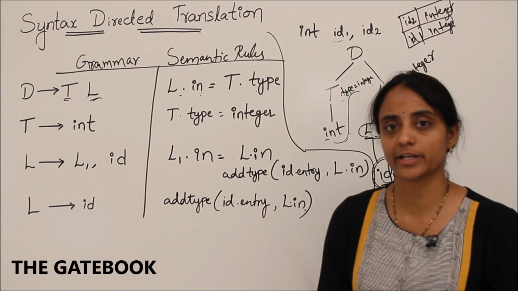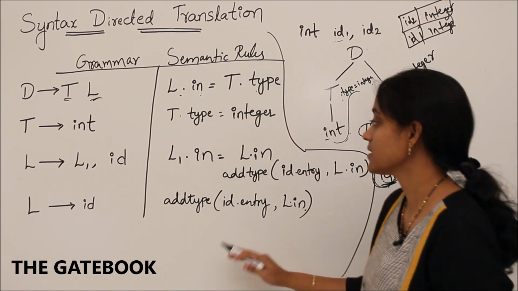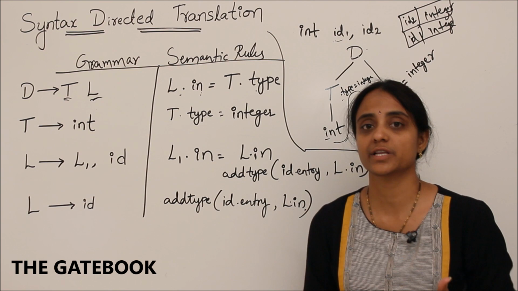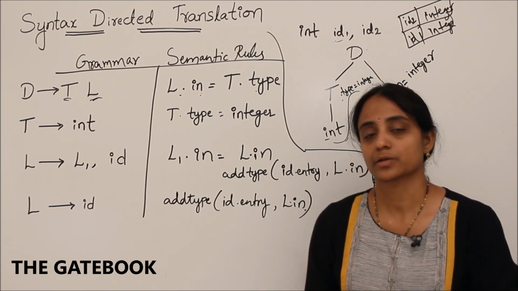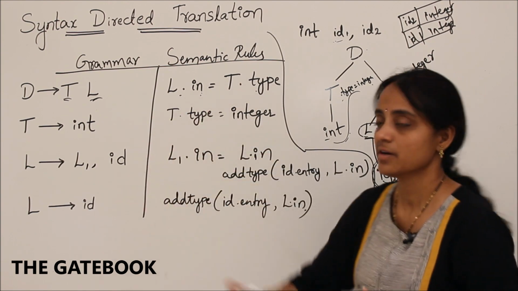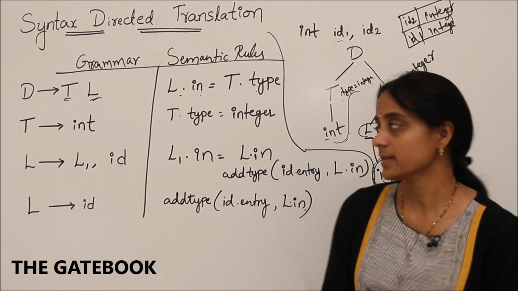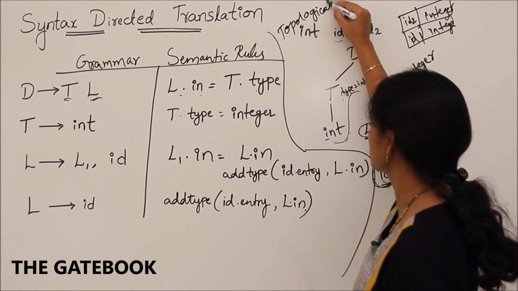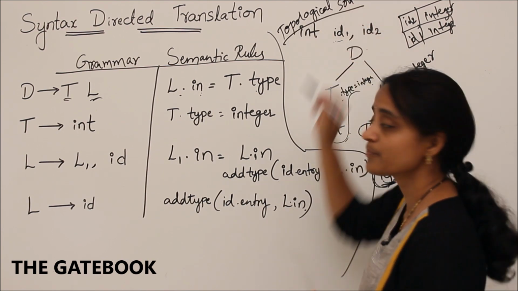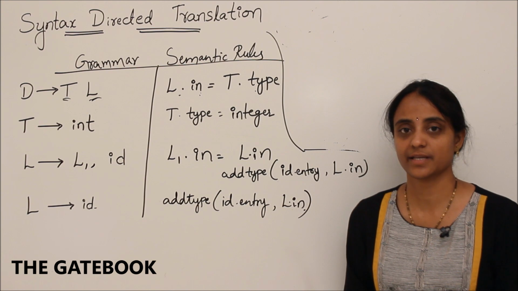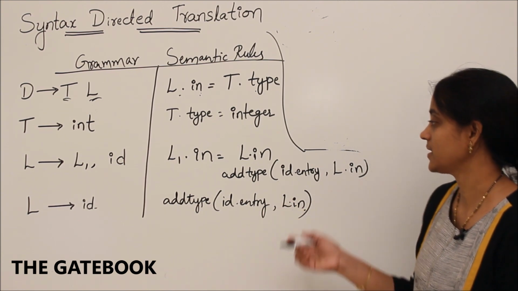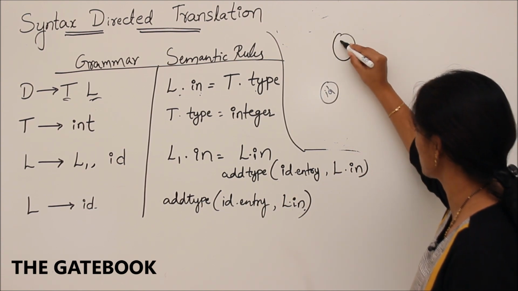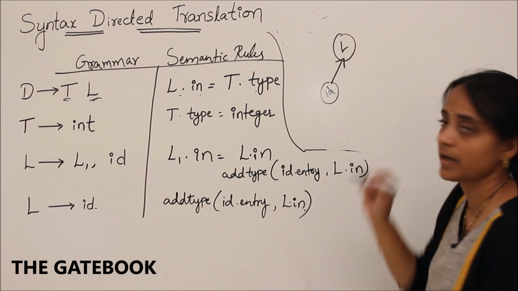Then how do we evaluate this? So we need to first know which one is depending on which attribute, and based on that we should decide the evaluation order. So first we need to construct a graph for all the dependencies, and then we find the topological order of the evaluation. That is nothing but topological sorting, right? Let's see how we construct the dependency graph. So it is very similar to the dependencies, right? Whenever there is an identifier, it always depends on L. So we put an edge like this.